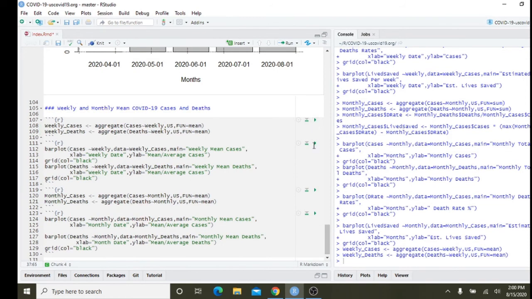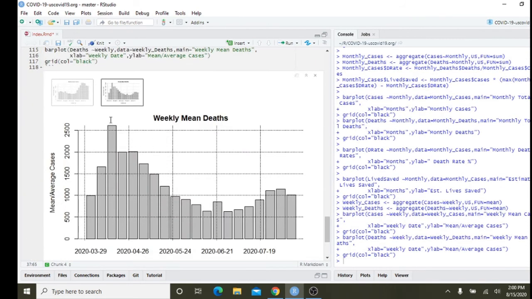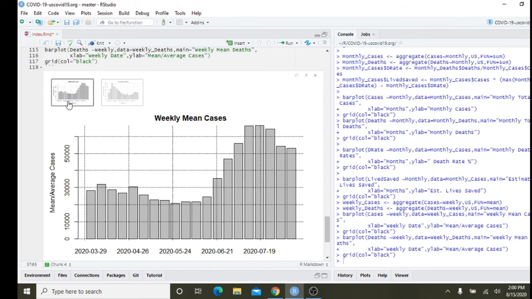Calculate some means. Do a little plotting. This is the weekly mean cases. Pretty much, I think it's a good sign that it's actually following the trend, and there isn't that much difference between the two. But you can see a decline beginning in June for weekly cases. Now beginning here, we've seen a decline, although this could easily finish up